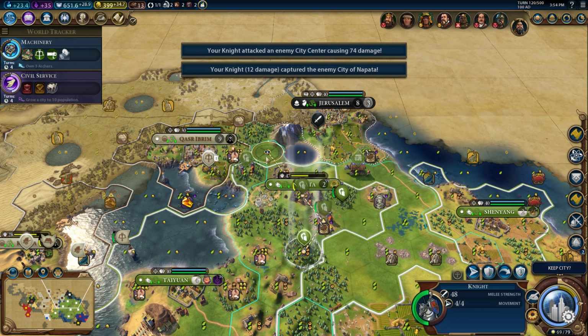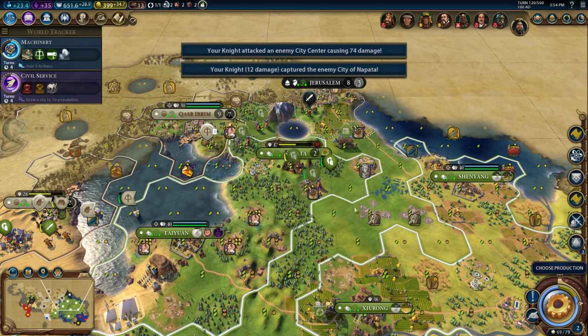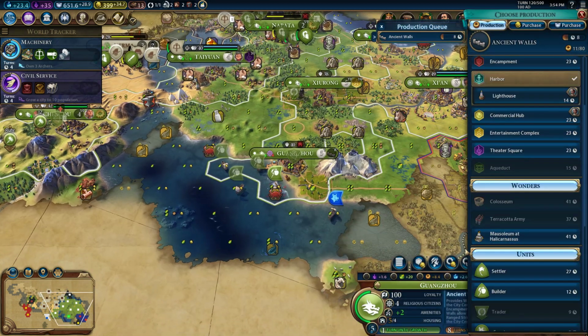Go ahead and cap this. Keep this city. Yes, please. We need 10 more era score. Ooh. Alright, so now we need to get our...